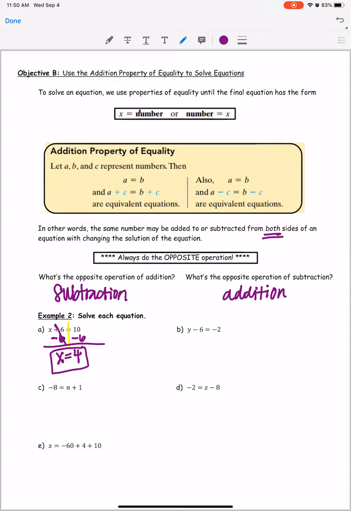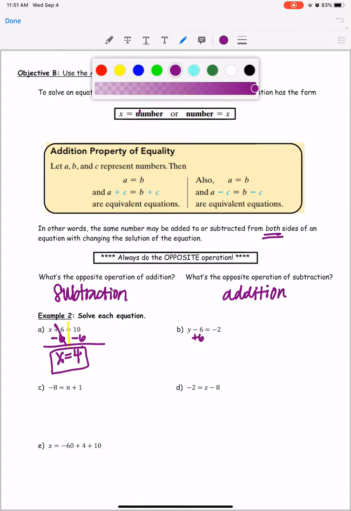Okay, let's try again on B. On B, we have y minus 6 equals negative 2. So the goal is to get y by itself. What is happening to this y? Well, we are subtracting 6 from it. And what is the opposite operation of subtraction? That is addition. So I'm going to add 6,